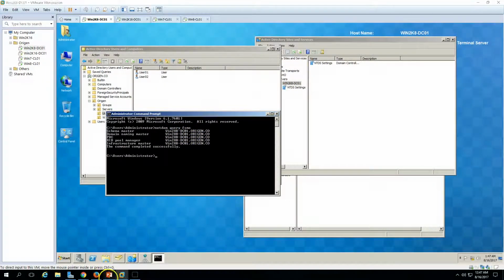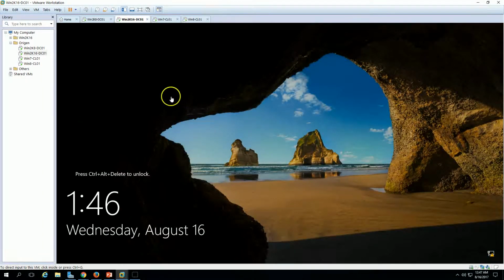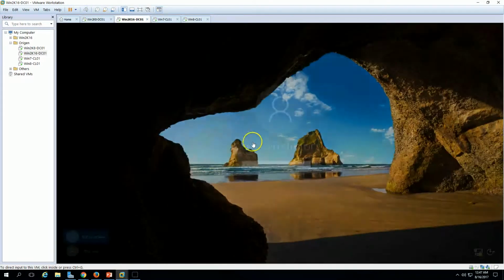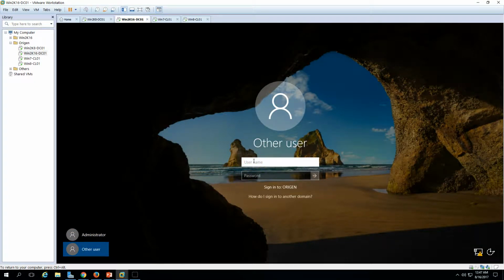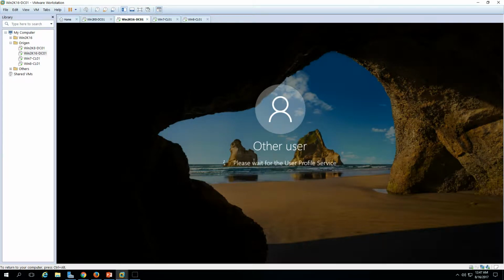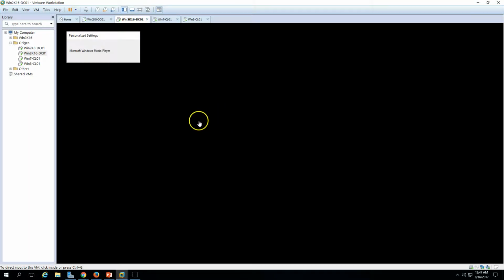So this is the AD health, and now we need to change the DNS setting on both the DCs. So we have already changed the DNS setting on this machine to make this a primary domain controller to consider itself. So now I'm going to change here, like administrator. You can see if I put administrator, it's taking the local account by default. So I'm going to type here the origin credentials for the origin administrator account, which has domain admin and enterprise admin rights to promote this server as a domain controller. So here we go,